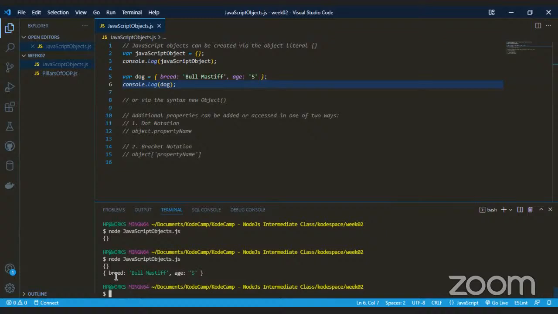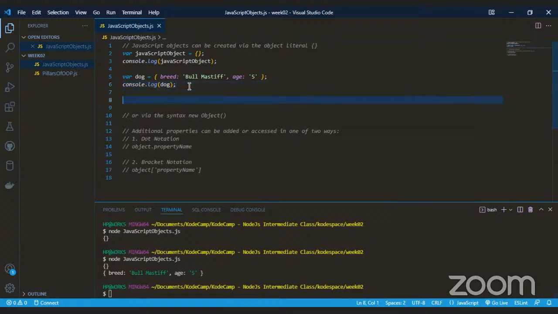Now, as we said, objects are basically key and value pairs, and you could also have functions set in them. Let's have something that has a function. So I want to pick this same dog here, and I want to give it